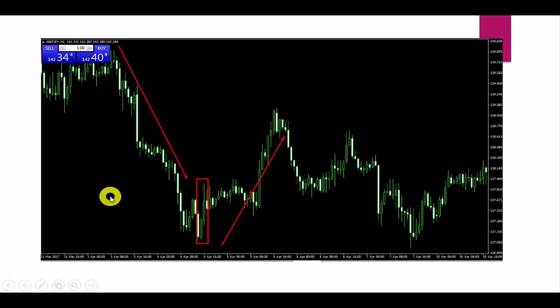So here we have another example of three inside up on the GBP JPY H1 time frame. You can see the market was falling. A perfect example of this pattern. Downward trend, the first candle is bearish within the downtrend. Now the second candle has closed above the first bearish candle, and you can see the third candle has closed above the entire body of the first bearish candle. So right now from this level the market went to the upside. The market trend was changed.